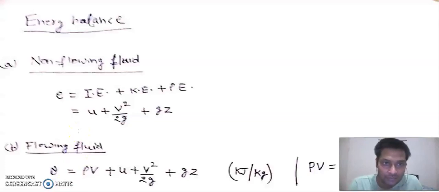So, energy balance for a non-flowing system. In that case, the total energy will be equal to the sum of its internal energy, kinetic energy and potential energy. So internal energy is denoted by U, kinetic energy is V square by 2g and potential energy is gz. This is for non-flowing fluid. In the second case,